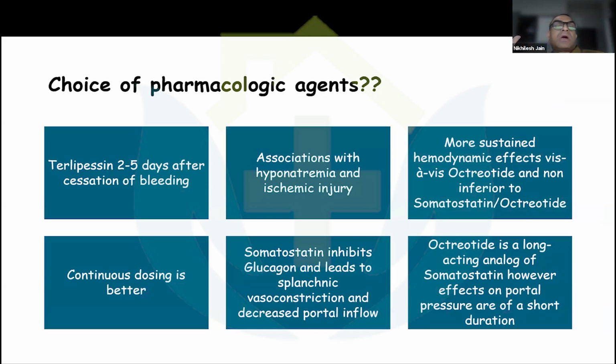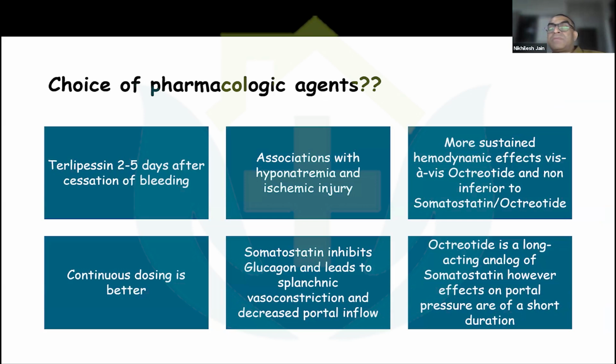Use terlipressin up to 2 to 5 days after cessation of bleeding. Terlipressin has problems in the sense that there are a lot of associations with hyponatremia, and something that you need to monitor is, of course, the sodium levels. Along with that, if the patient is developing an ischemic injury, concurrent terlipressin can be a problem in the sense